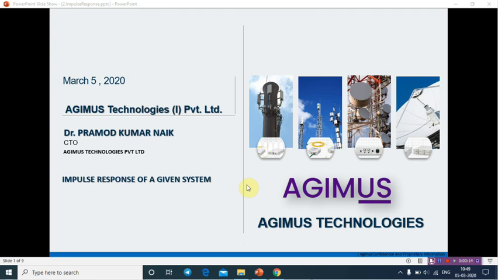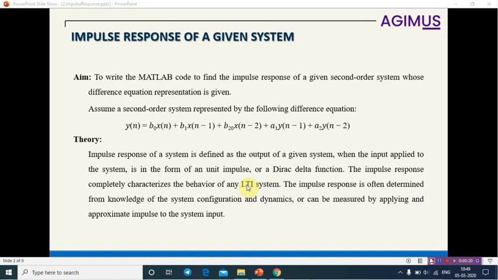So we'll be covering what is called the impulse response today. When you look into the impulse response of a given system, in any signal processing, the impulse response, also called the impulse response function, IRF, of a dynamic system is the output when presented with a brief input signal called an impulse. Moreover, generally an impulse response is a reaction of any dynamic system in response to some external change.